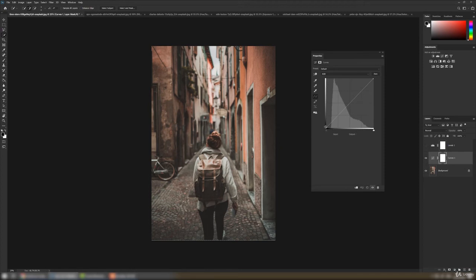So we can always click anywhere and create some points, and we can always increase lightness, decrease darkness, and adjust our image. And we can use auto button also, so it will automatically correct your image. And we can try different channels of the image: red, green, and blue. These three channels make any image we see on internet or anywhere on web.